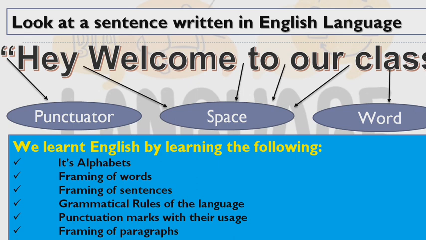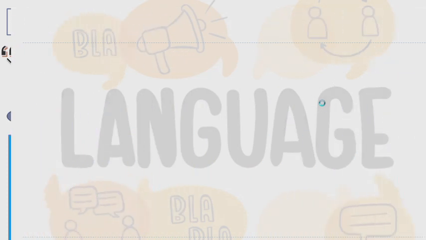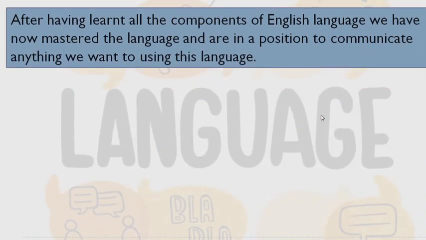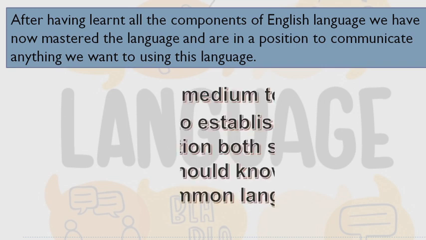So in any language, first we learn their alphabets or their character sets. After that we learn how to join these character sets to make a word, then how to join words to make a sentence, and the grammar rules to make sentences, plus some punctuation marks also. It is similar in the case of English. Now we are very much comfortable with English, and we can communicate with others using English.